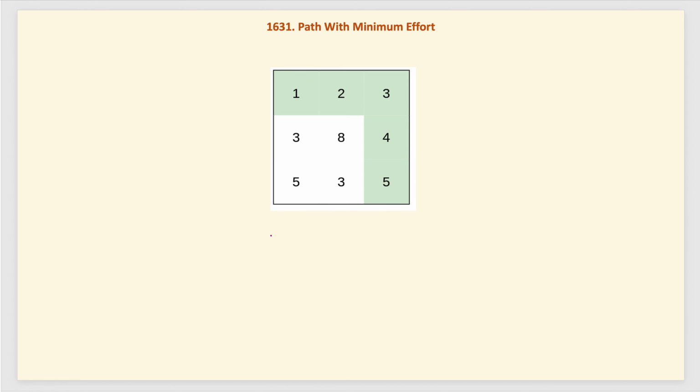So let's see another example. Here again the maximum value is 8, so we again start from 0 to 10, L is 0 and the right value is 10, then mid is 5. Now we look for a path, is there any path with this difference? If I take this path, the differences are 2, 2, 2 and 2. Yes, so we can say our range is reduced to 0 to 5.